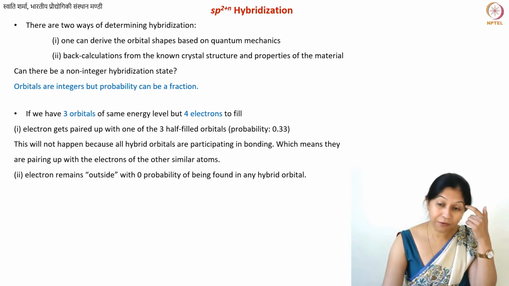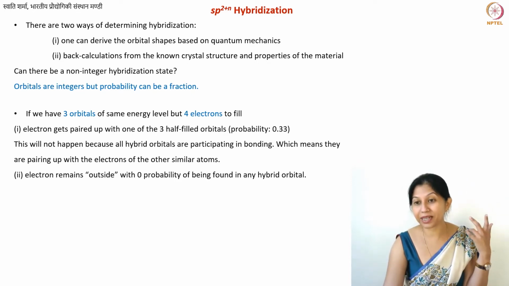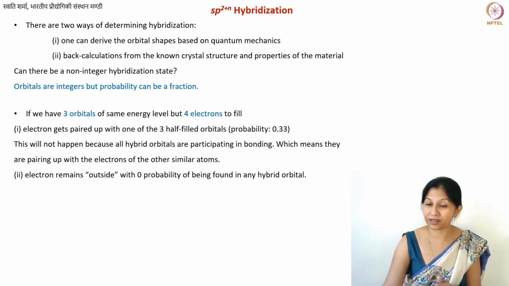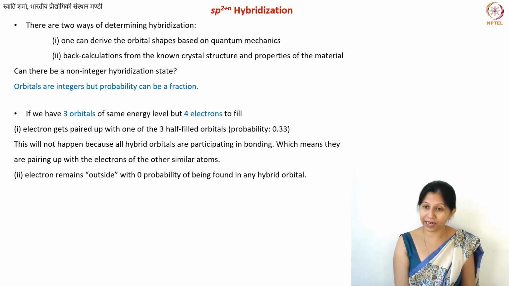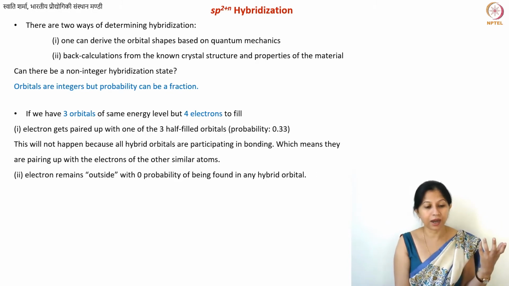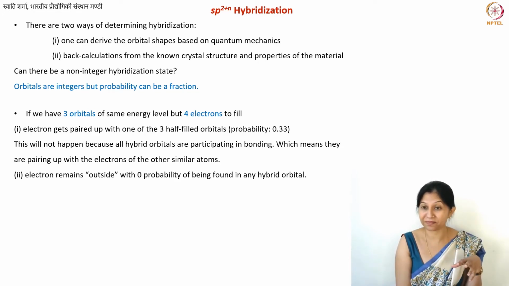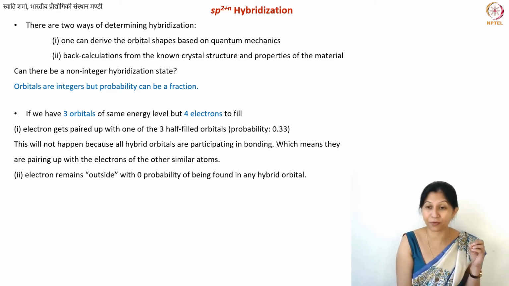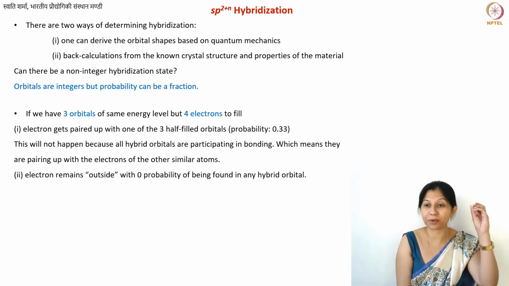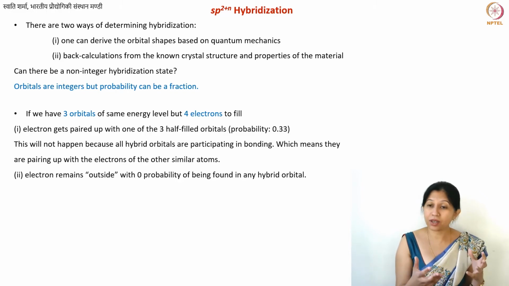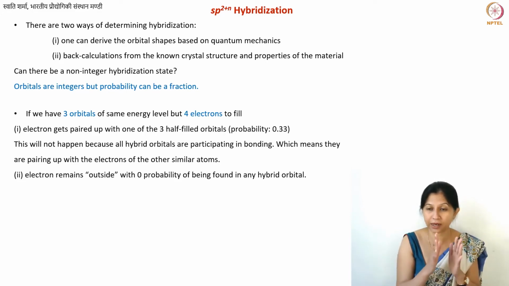Now the other possibility for the electron, the one and only possibility, is that it remains outside of these 3 bonding orbitals or bonding electrons. So now basically this electron remains in the unhybridized p orbital, if we have one. Okay, so if this is an example of sp2 type of orbitals, then we do have one unhybridized p orbital. So now your remaining electron will have 100% probability of being found in that unhybridized p orbital. This is the scenario when it comes to graphite. So we are talking about perfect graphite. However,